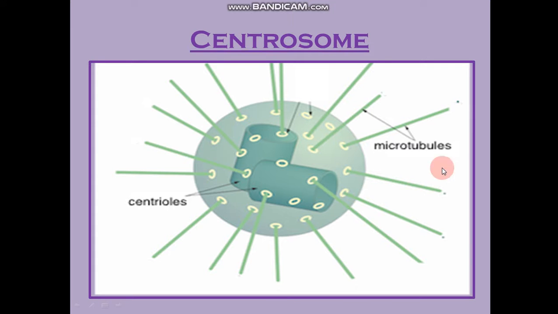These are microtubules, and these microtubules are responsible for the production of spindle fibers at the time of cell division. So at the time of cell division, these centrioles separate out and move to the opposite poles. Clear? So totally they are the centrosome, but individually they are centrioles, because at the time of cell division these are separating. Otherwise they are perpendicular to each other.